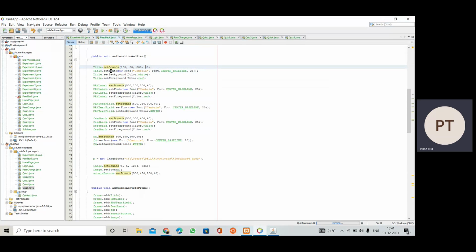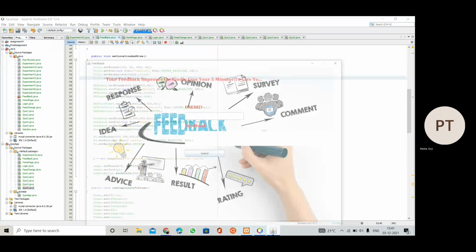Then we have this new set font method. In that we have set our font as Cambria, its type is center baseline, and the size we have mentioned is 25. The background color we have set is white, and the foreground color is red. That is, we are able to see that the text appearing here is red.